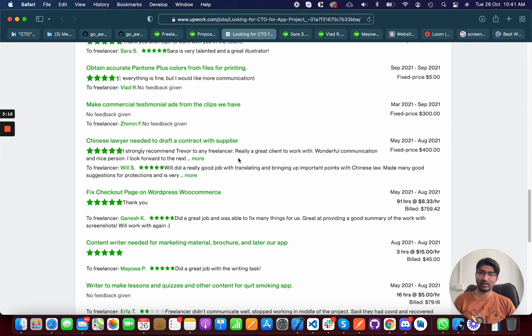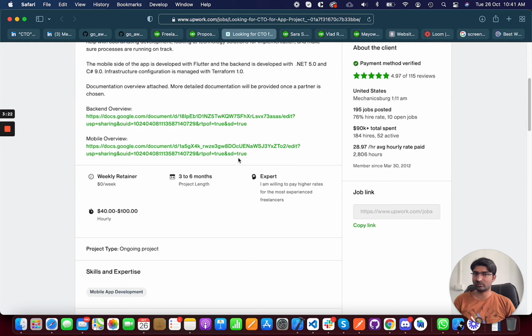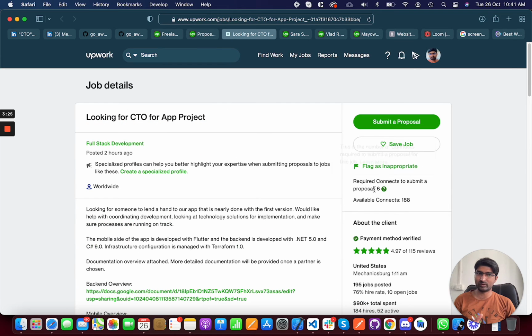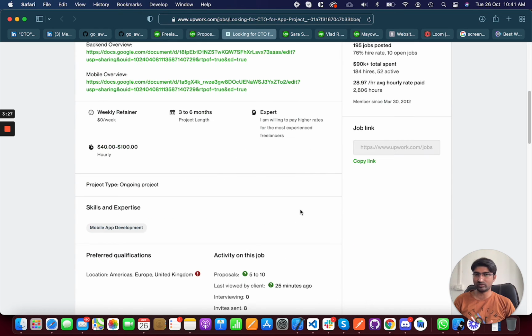So I can get the idea that it is better not to submit a proposal on this job, because 6 connections are required. Even if I submit this proposal, there is really little chance to win this job.